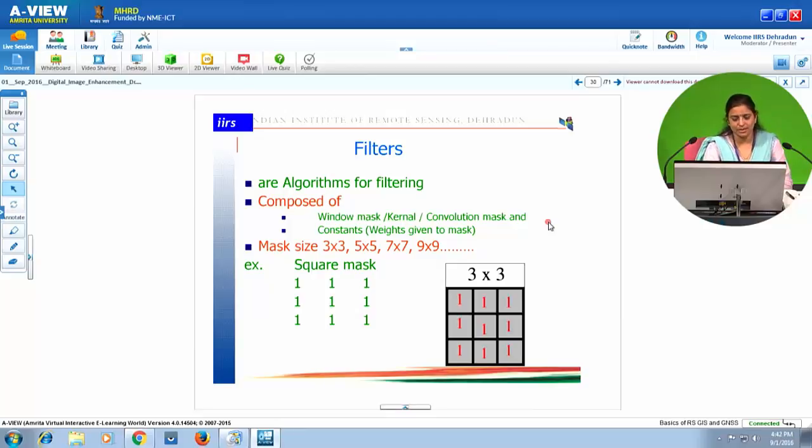This is always kept so that we have a central pixel. It is a square mask. A 3 by 3 square mask is shown here, in which all the windows have been given value 1, which is called a coefficient.